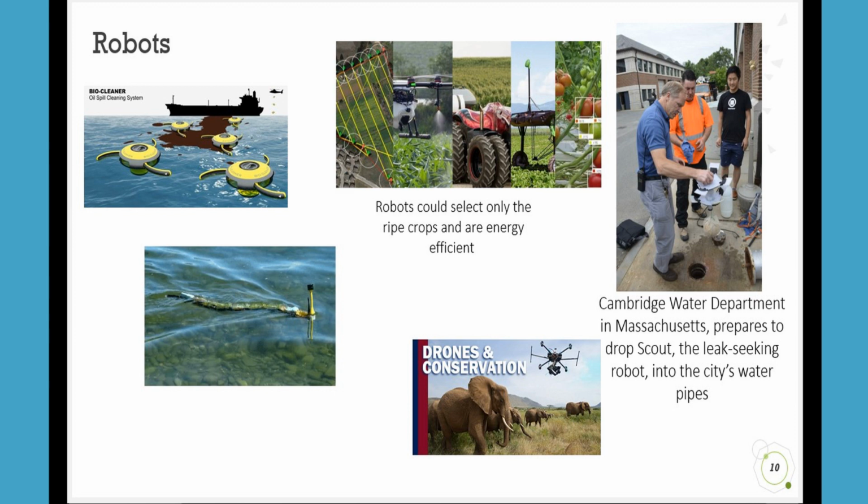Now, these are some of the technological interventions that people are trying. And then there is something related to my field, which is also helping society in reducing the effect of the constructed environment on the natural environment. That is robotics. There are different kinds of robots helping different industries. The first robot, on the top left, is a cleaning robot which tries to clean oil spills on the sea.